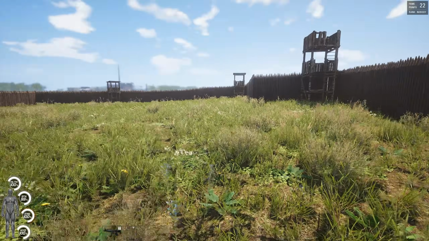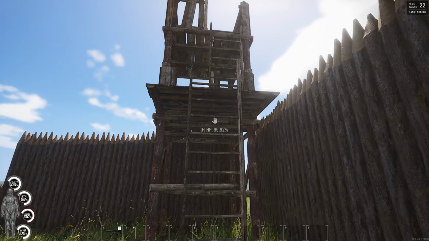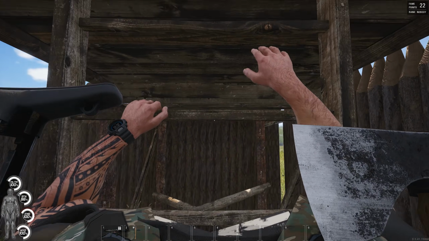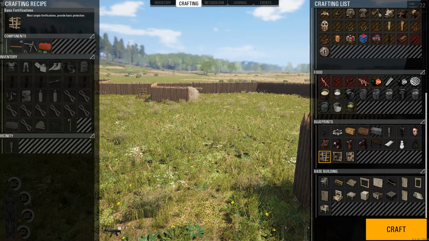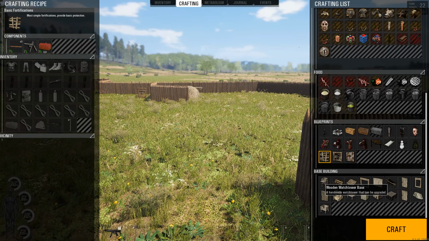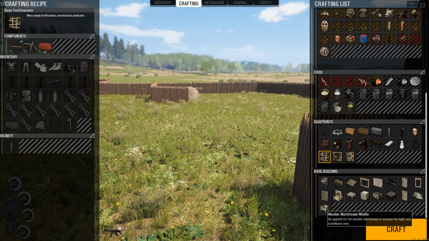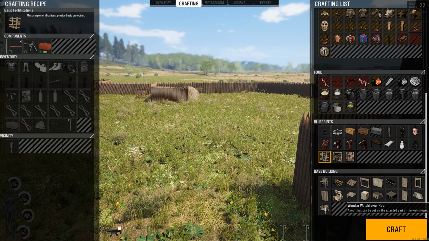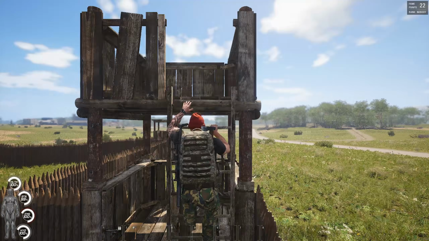So this is what I was talking about over here. Let's just have a quick peek. You can see you can actually add another tower on top here. For example, if we go into the base building section, you have the wooden watchtower down there, and if you wanted to upgrade the top of it, you put a wooden watchtower middle, and then you can add a watchtower roof. So obviously if you climb up here, let's climb up there,